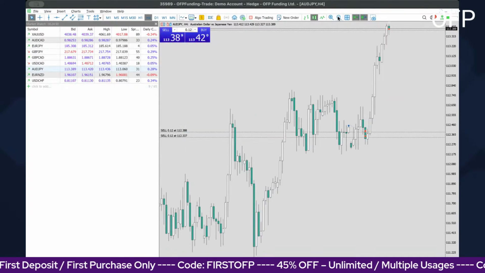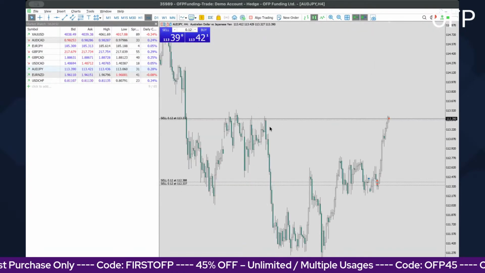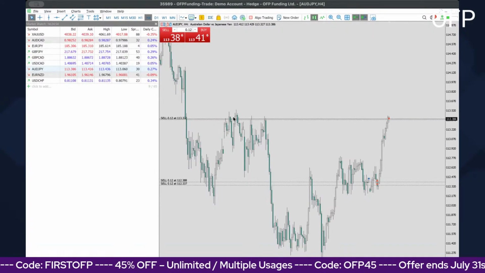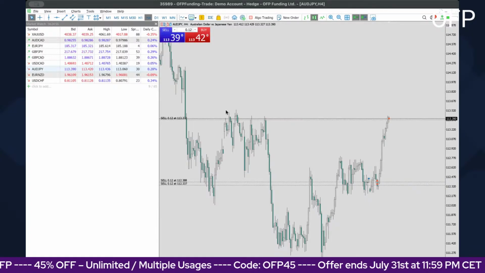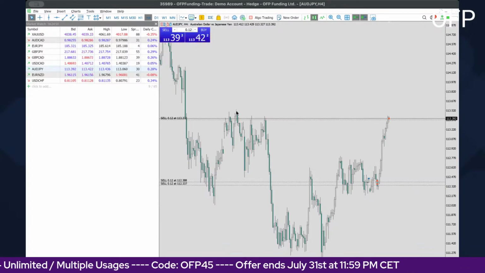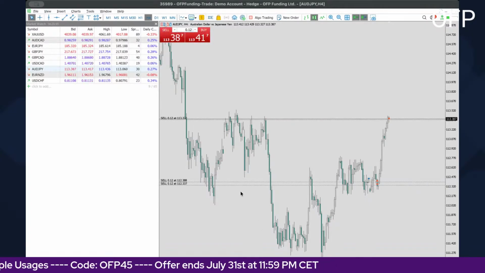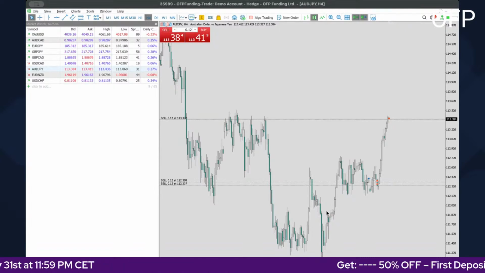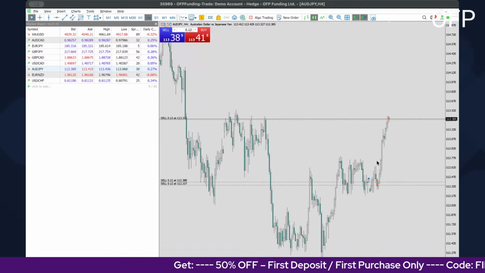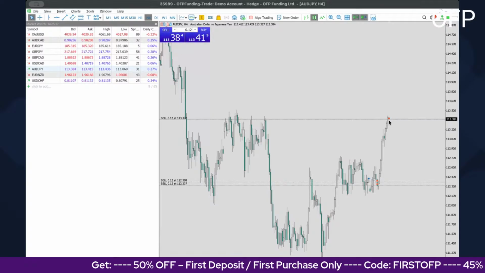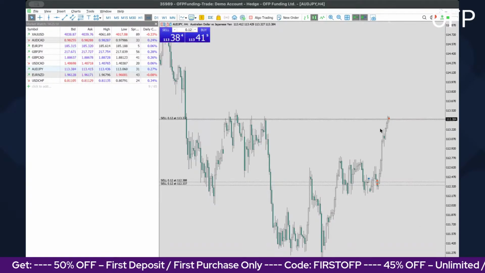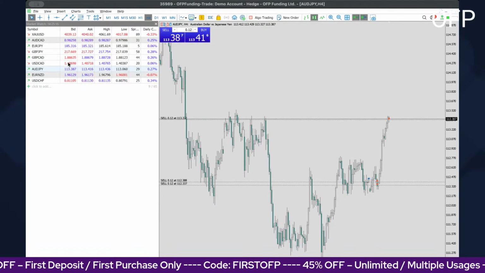The reason for entry on this is because we are at a resistance level that has been touched quite some time. It came all the way up here, created resistance, came back here, rejected, came back here, rejected as well. And so we're hoping this is what will happen here as well. So that's the move we're waiting for, the market to come down since we've sold right up there. Then